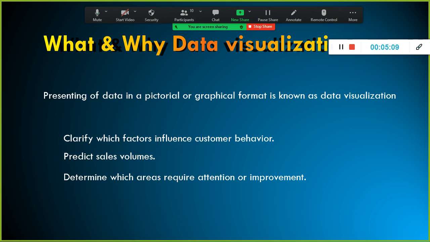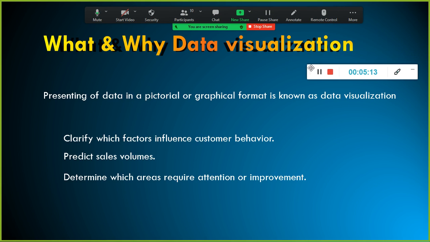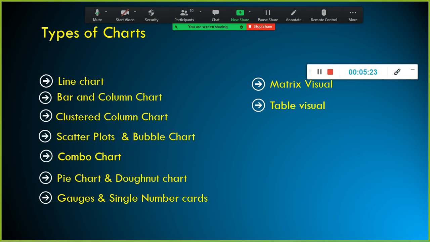In net, data visualization is very much helpful, and it is very user friendly, and also the human brain processes visuals much, much faster than going through a table of data. So these are the types of charts that are available.